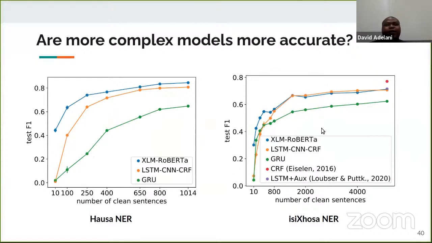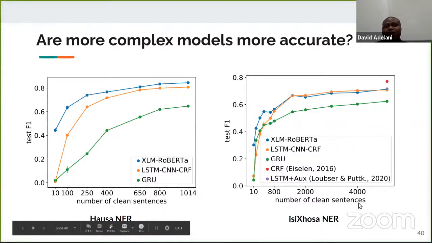So yeah, but the problem is, do we always need these complex models in a low-resource setting? Maybe we can have a simpler model that gives the same performance. So we evaluated on Hausa and isiXhosa. Actually, the performance we have in Hausa is very similar to Yoruba, so I did not put Yoruba on